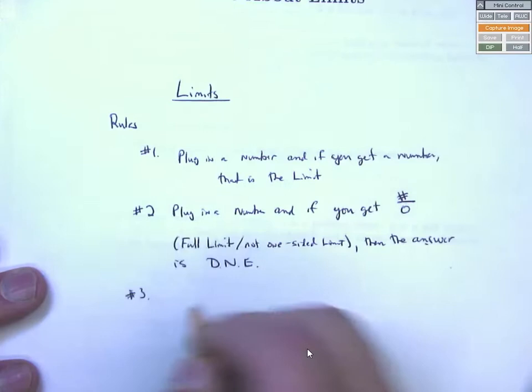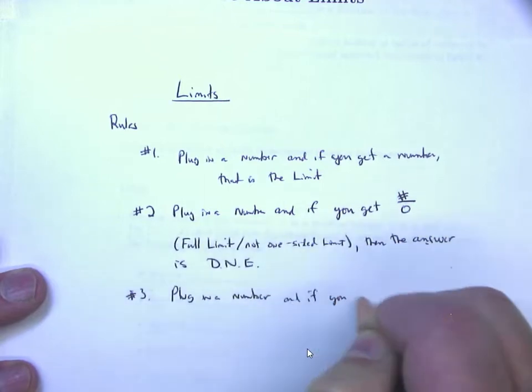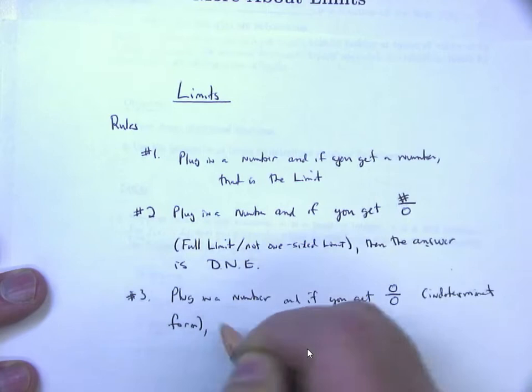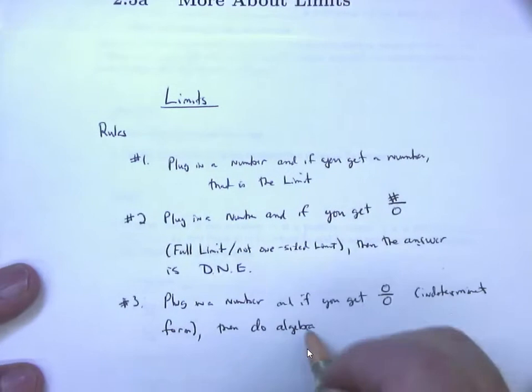is plug in number. And if you get the famous 0 over 0 indeterminate form, what are you supposed to do? Then do my famous word, algebra. Typically factor, clean up something or other. Something should cancel on that thing. 0 divided by 0. The ultimate goal, hopefully, something's going to cancel. But the only way it's going to cancel is through strict multiplication division, which means you need to factor, simplify, something like that. Do algebra, cancel,